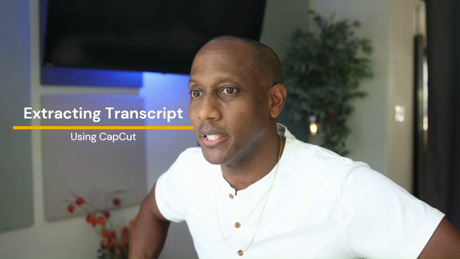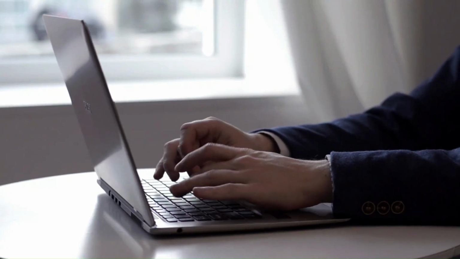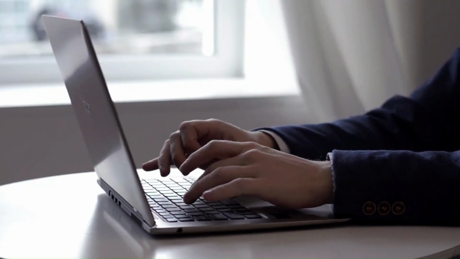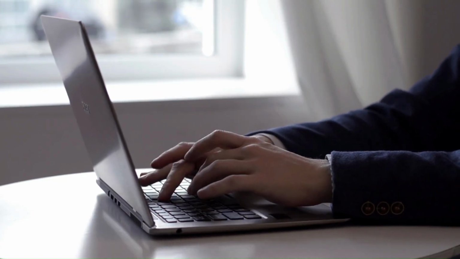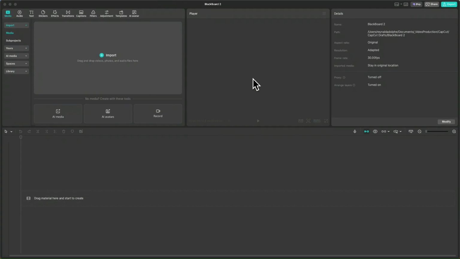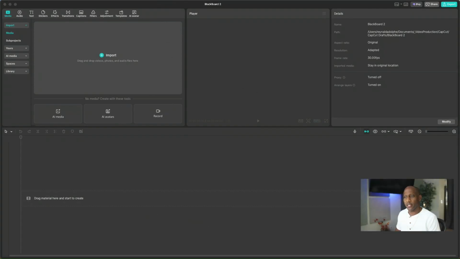So the first thing that I want to show you is that we need to use transcripts from the file in order to give it to the AI. There's a couple ways to get that. One, I use a video editor called CapCut, and I want to just show you how you could use CapCut to extract your